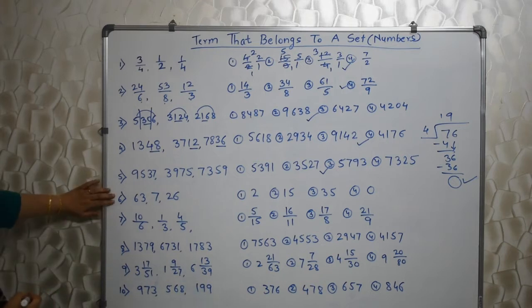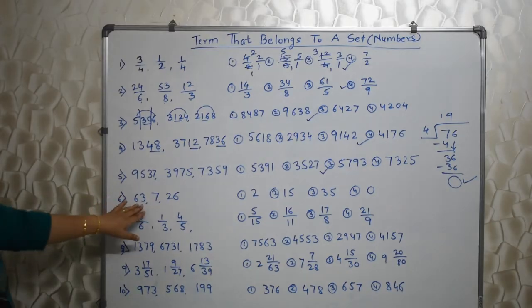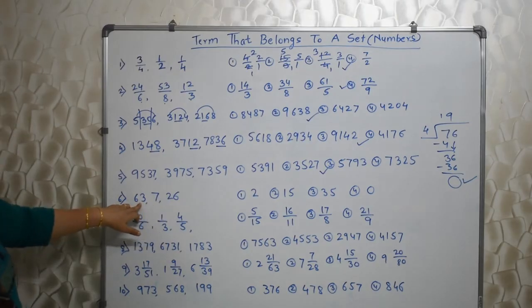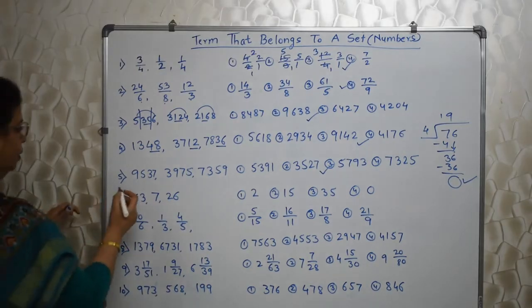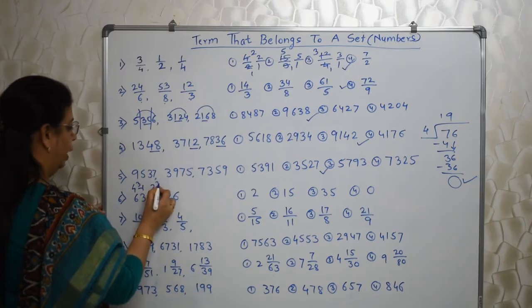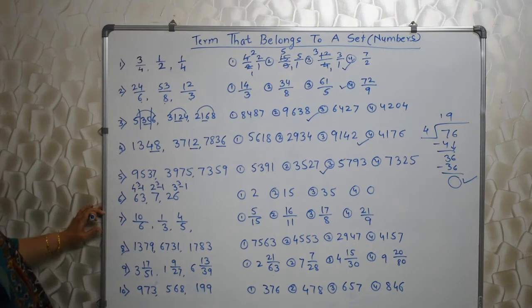Next one. Students who know the cube numbers will quickly think that these numbers are not interrelated to each other, but they are very close to cubes. ये 64, 4 के क्यूब के नजदीक है. 4 cube minus 1, I am writing it here. 4 cube minus 1, ये 2 cube 8 minus 1, ये 3 cube 27 minus 1. So this is a set, cube minus 1.